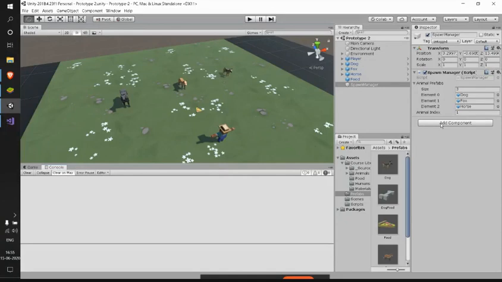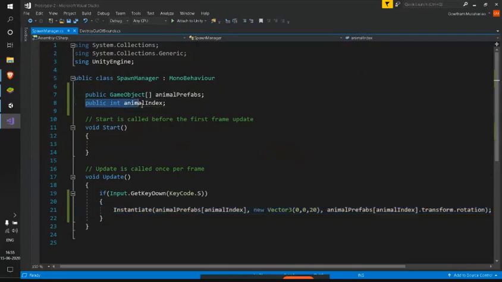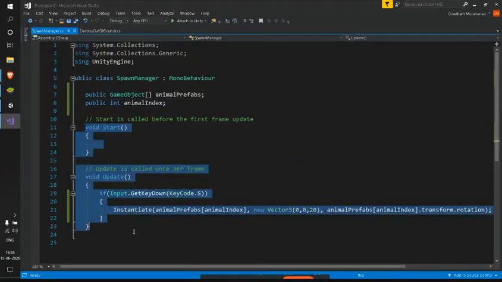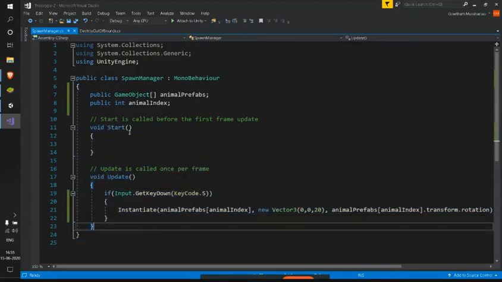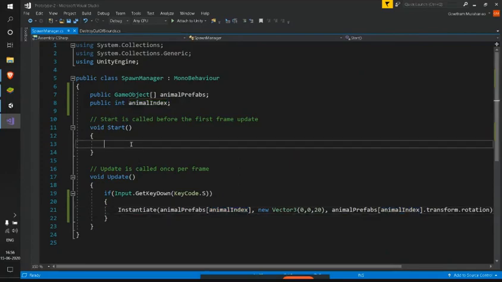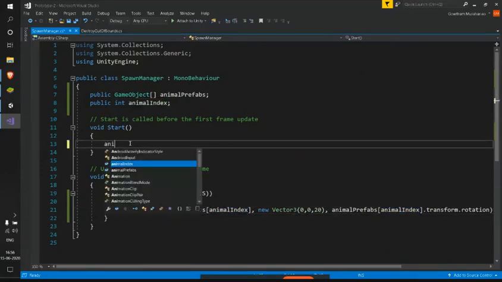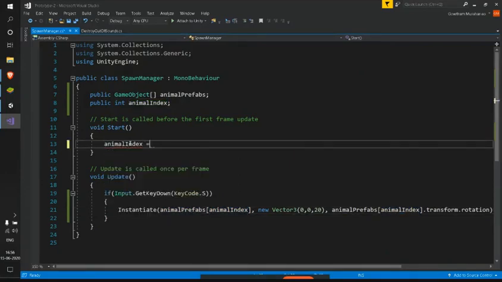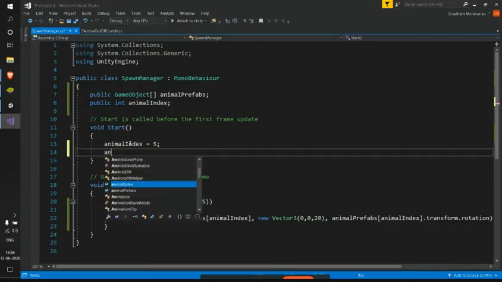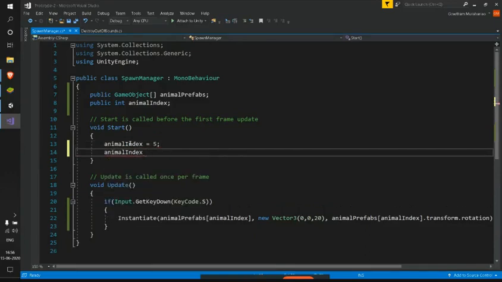So let's do that. Here, this animal index is a global variable. By global variable, I mean that it can be accessed anywhere in these methods. So let me show you an example. I already used this animal index here. I can do the same thing here also. I can just write animal index as 5 and I can do any operation on that. I can say animal index equal to animal index minus 3. So there is no error here.